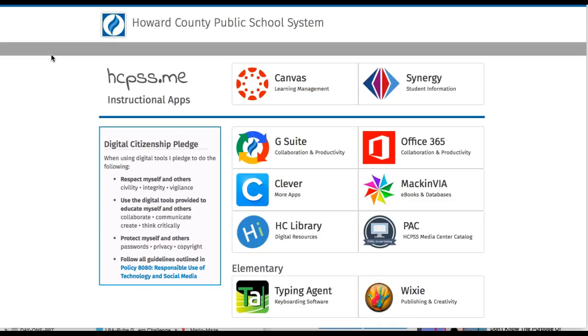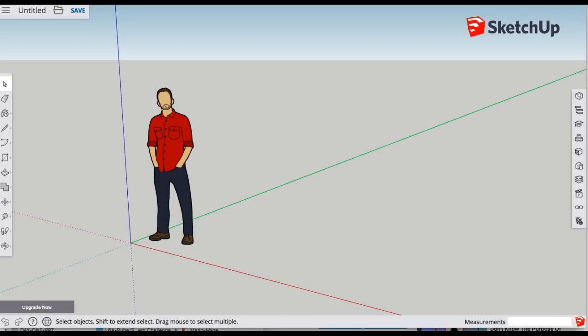You'll need to start off in Google Chrome, since Google SketchUp is also a Google product. They work well together. Then if you log into your G Suite account or any other personal Google account, that will allow you to log in more easily to the SketchUp online version of it. So if you go to app.sketchup.com, it'll take you to a page like this, which means that you can also